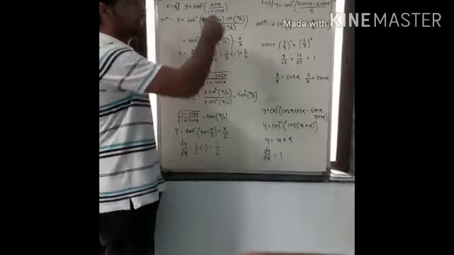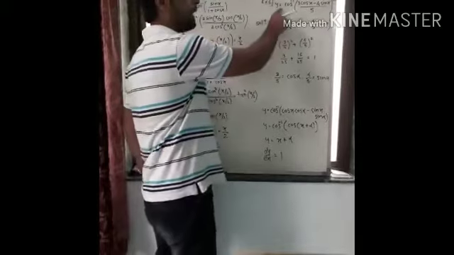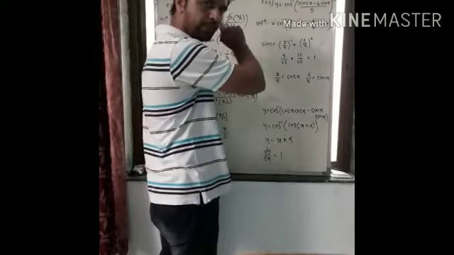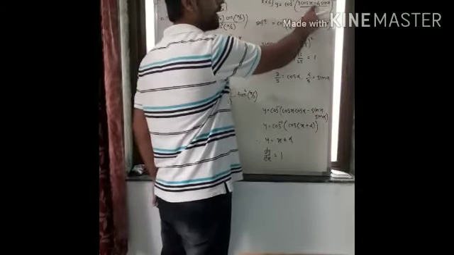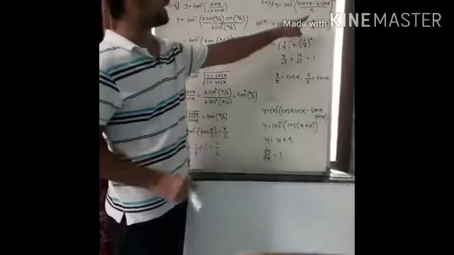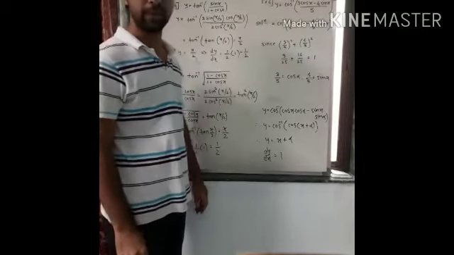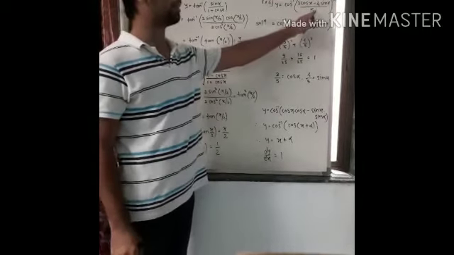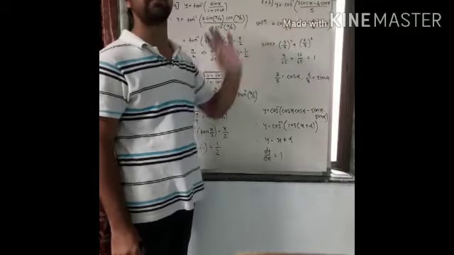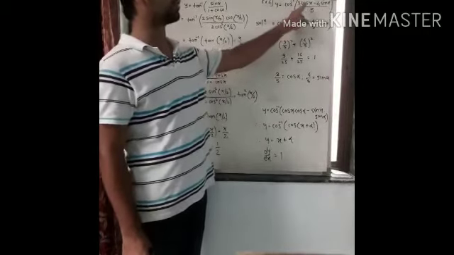Okay. Now see, this is a different example, example number 6. Y equal to cos inverse of 3 cos x minus 4 sin x upon 5. Now we can see that 5 is the common denominator of both the terms in the numerator. So what we'll do? We'll separate this denominator for both terms in the numerator, right? So the first term in the numerator is 3 cos x.